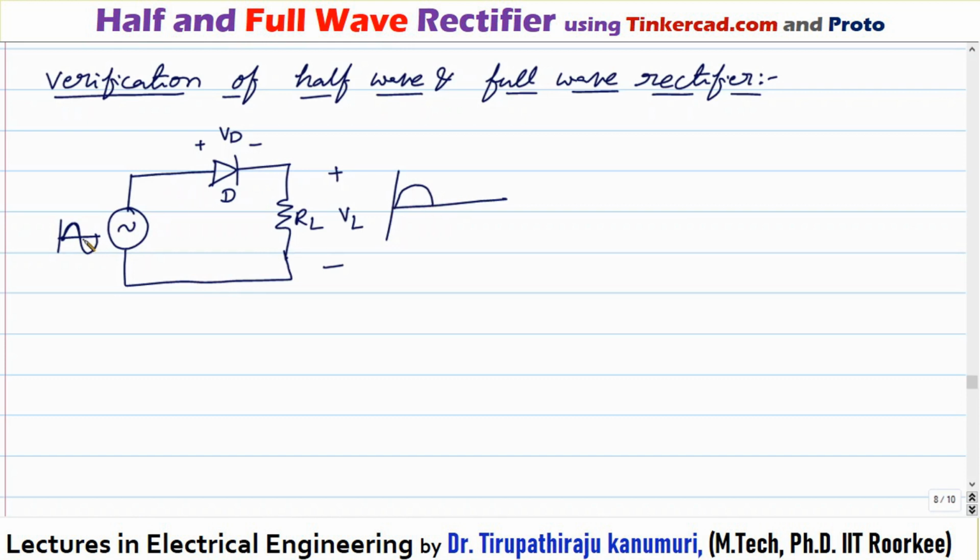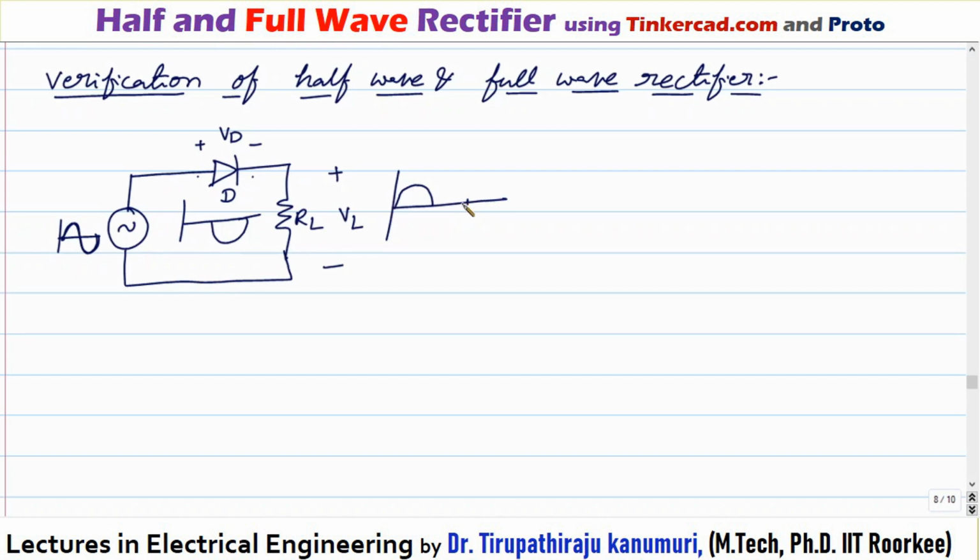So your supply voltage minus 0.7 volts will come to your output. After the half cycle, the negative half cycle will start, during which this side is negative compared to the second side. So the diode gets reverse biased. When the diode gets reverse biased, it will act as an open switch. Whatever is your supply voltage will drop across the diode. So across your load the voltage will be 0, because the diode acts as an open switch with extremely high resistance. The entire voltage will drop across it, and no voltage will appear across your load.